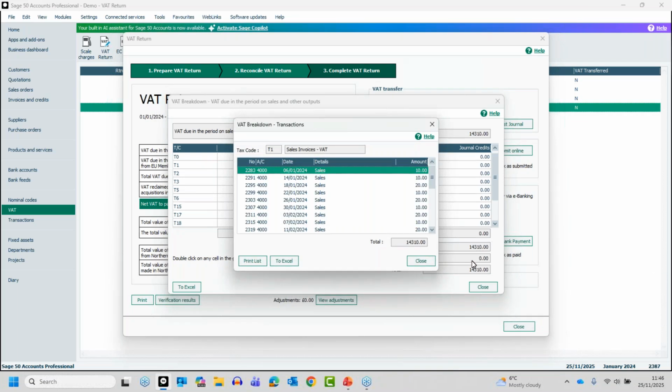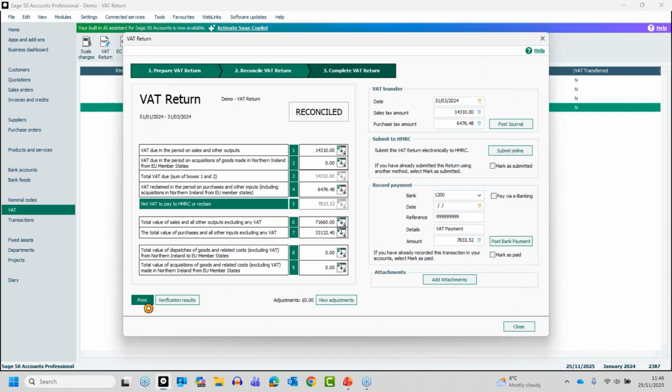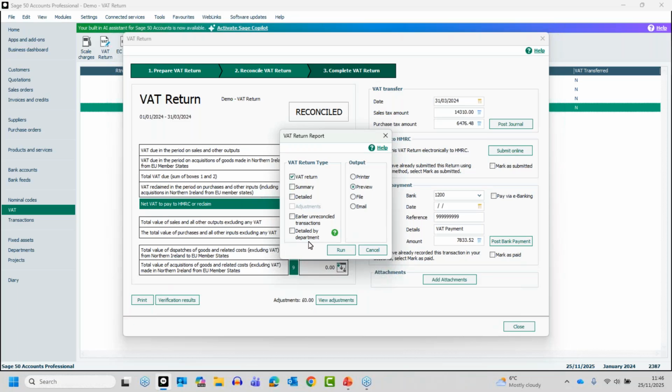We can still get at that information if needed. We can still print our reports. So those reports we had access to earlier, this is what I mean by you don't necessarily need to print them. People still do, but you don't necessarily need to. You could just export them and save them on a file, or if and when you need them, as long as you've got your VAT return on the list, you can just go into the VAT return and regenerate them. So if you did have a VAT inspection, but need that detailed report,